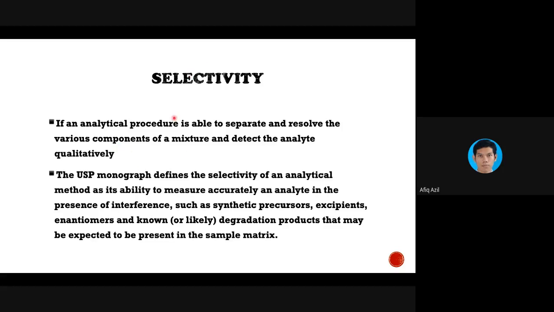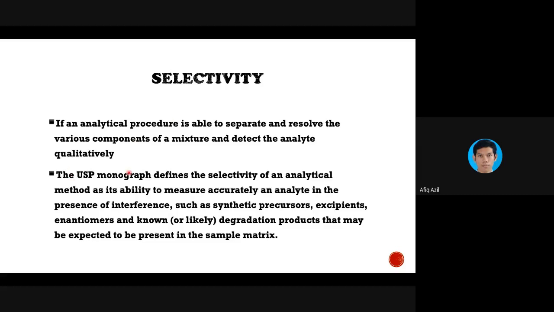So when you are doing the test on a drug formulation, there are many things, but for this particular test, you are just focusing on one particular analyte. So that method has to be selective. It must be able to detect only that one particular analyte.